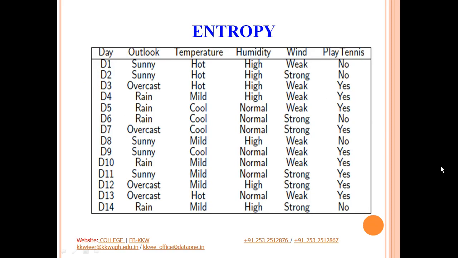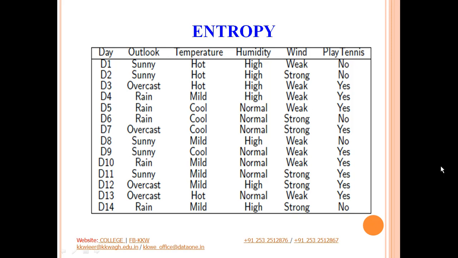So let us say now we have a data set like what you can see on the screen, wherein you have 4 input variables: outlook, temperature, humidity and wind, and based on these 4 attributes we have to predict whether the person is going to play tennis or not. So this is our training data set that is given to us. We have to train our model, and accordingly we will be given a test data set, and for that test data set we have to predict from our model whether the person is going to play tennis or not. So again here our outcome variable will have 2 possible values, either yes or no.